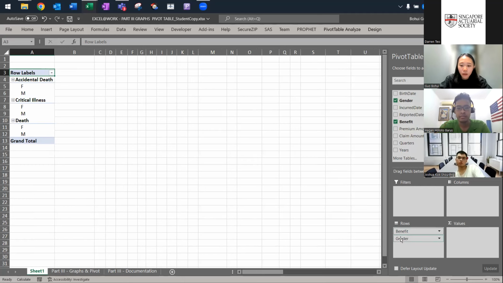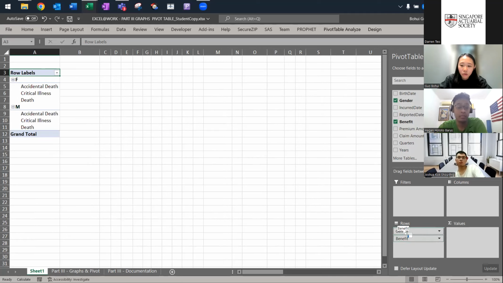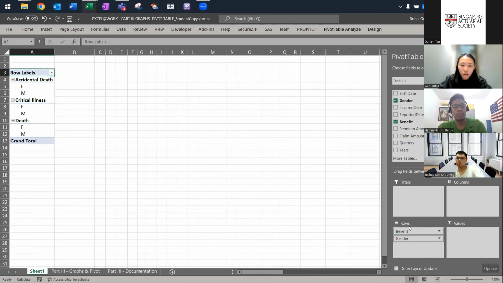Next one, how the order really matters. You can see that if I move the gender and benefit around, it will be one on top of the other. So be aware of that on how you want to summarize it, right? So the next one we want to show is by incurred year. You can see I don't really have an incurred year here, but I do have an incurred date. So one good thing about